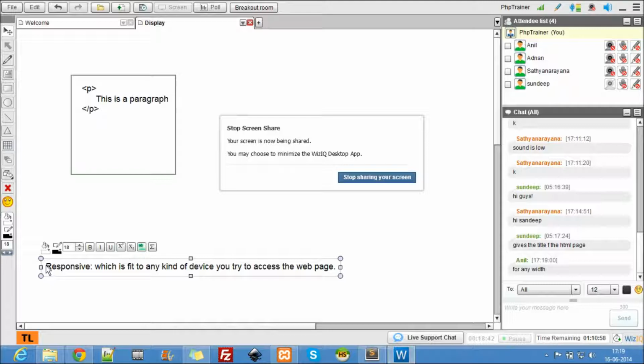Why not pixels? When you use pixels, let's take a mobile phone. An iPhone has some 315 pixel width. Now I say width equal to 200 pixels. How much width does it occupy on iPhone? It fairly occupies 75% of the width, right? But when you go to the web page on a desktop, let's say the desktop's width is 1100 pixels. Now 200 pixels in 1100 pixels, how much does it occupy? Somewhere around 20 percent. So there is a huge gap, right?